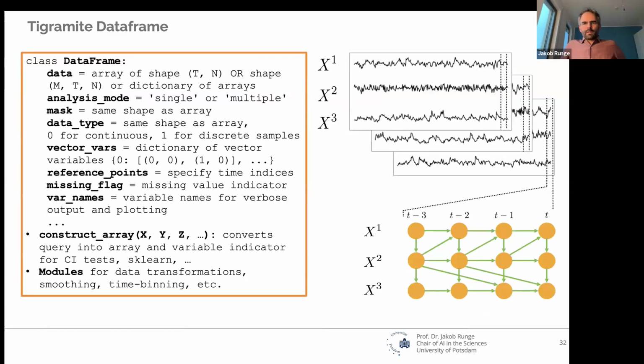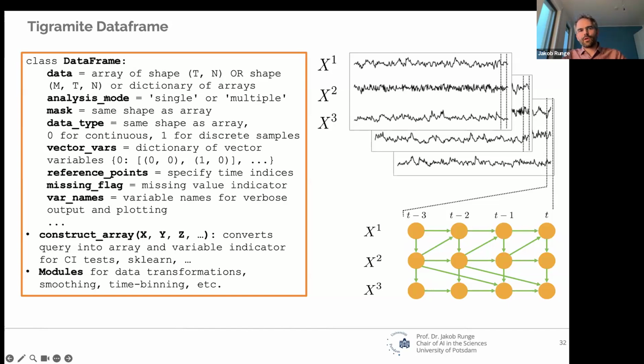So going into a little bit more detail about the data frame object. The initialization of this is firstly, of course, the data, and this may be an array of shape time and number of nodes, or it may be a shape with another dimension here when you have multiple environments. So it can then make use of multiple time series data sets or as a dictionary.